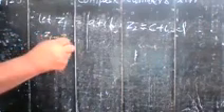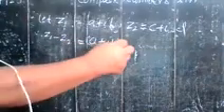So you write your heading, subtraction of complex numbers. So suppose here you take two complex numbers. Let Z1 is equal to A plus IB, and Z2 is taken as C plus ID. And if you want to find the value of Z1 minus Z2, here you put the value of Z1, A plus IB, minus C plus ID.